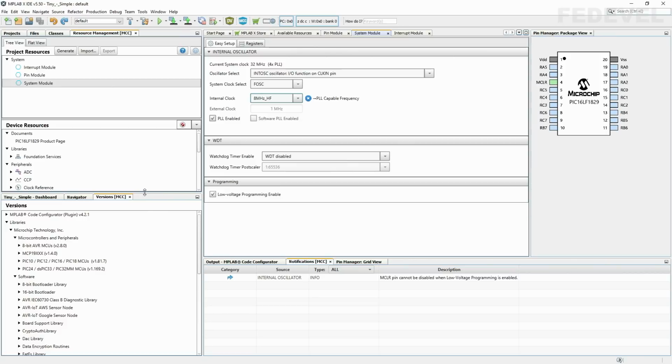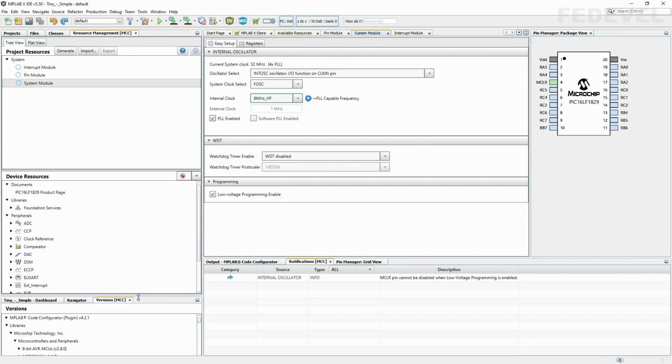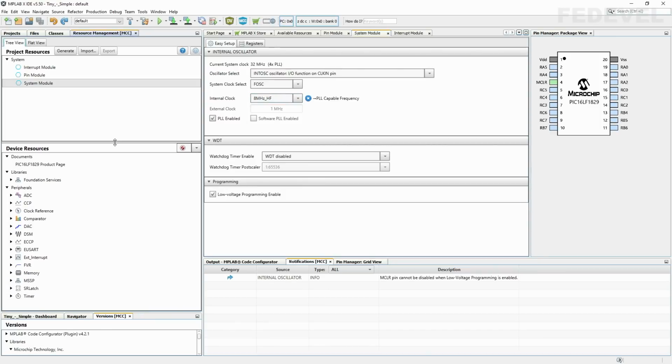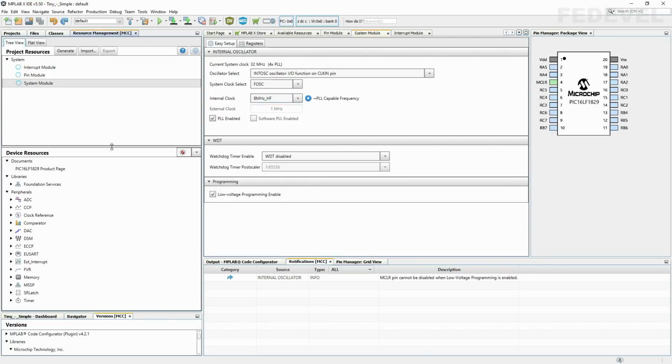I'm going to move this a little bit down because we don't really need to see what is here. This is a little bit more important. Okay, these are the settings for the system module.